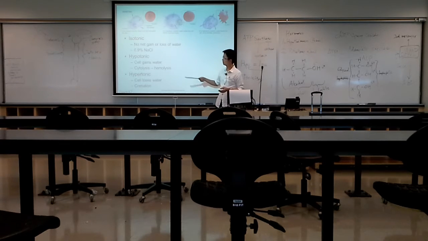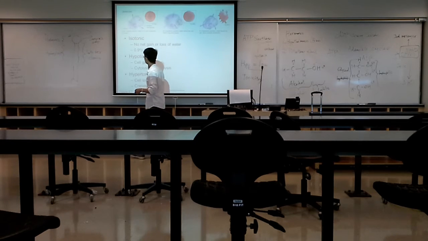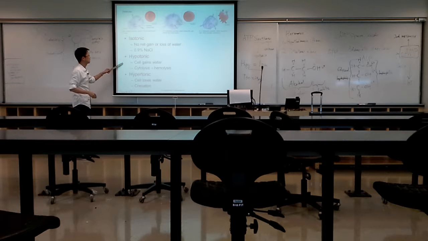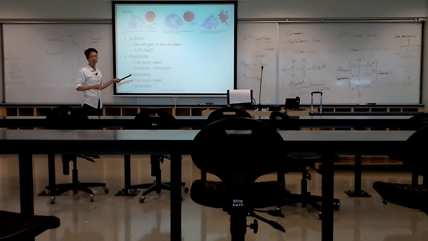So remember, 0.9% sodium chloride, we call it physiological saline. Physiological saline meaning that it is isotonic to our body. If we have a hypotonic solution, meaning that it is lower concentration than the cell, as I told you, it is relative terms. Then what will happen? When we put a cell in a hypotonic solution, let's say pure water,